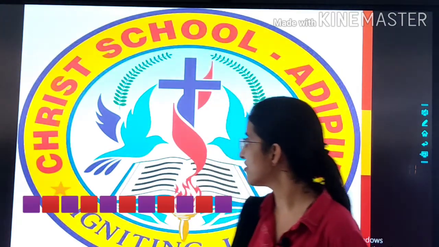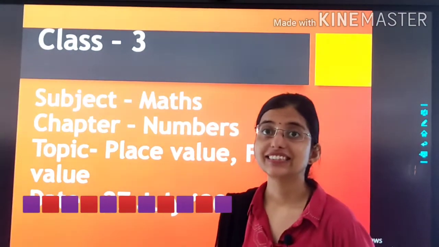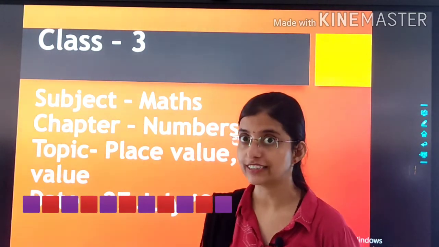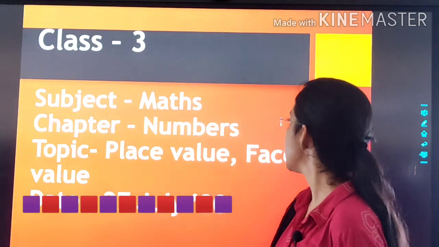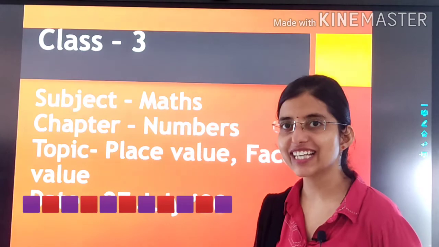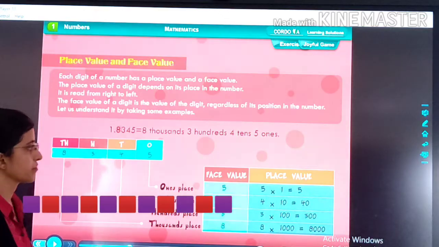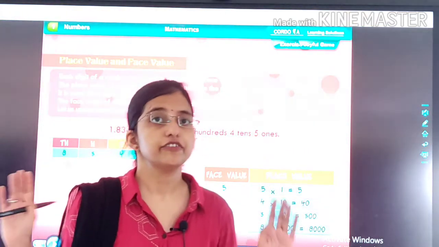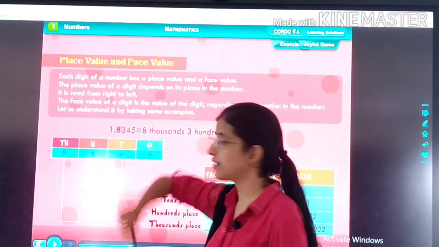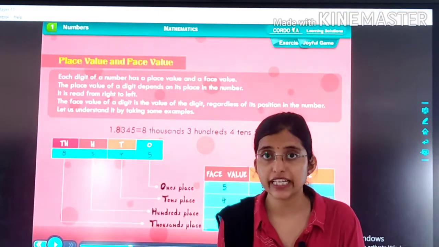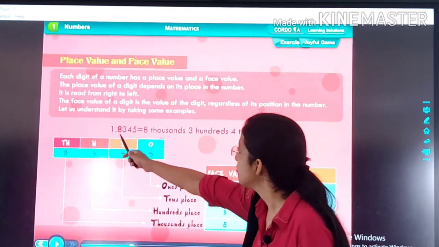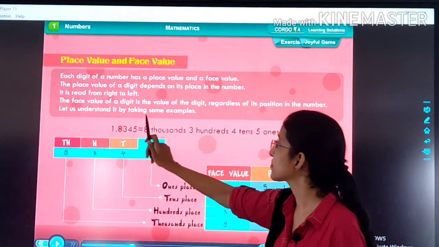So kids, here we are with subject Maths, chapter Numbers. Our topic is place value and face value. So kids, let's start. Today we will be studying place value and face value. We will be studying it by taking an example. First example,